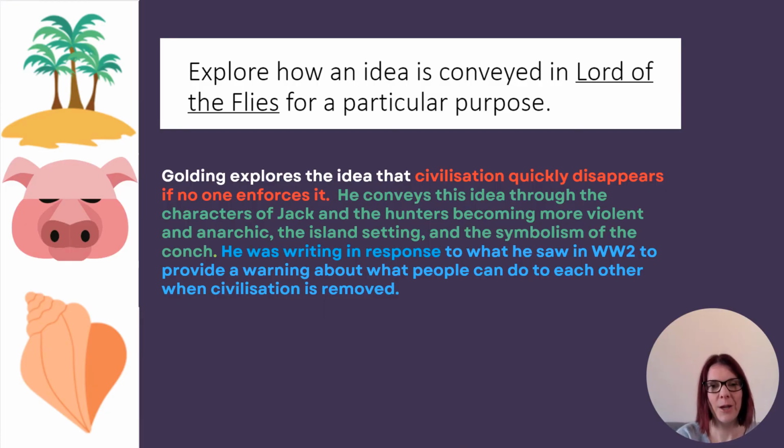So where to from now? This obviously is my argument that I have come up with, but you should never go with the first argument that comes to you, the first idea, purpose, and how it's constructed. So to start off with, once you've deconstructed the question and worked out what it's asking for you, the next thing to do is to mind map as many different answers as you can come up with. And you're going to do that in today's lesson before coming up with your own thesis statement, the argument that you are going to use in order to write your essay.